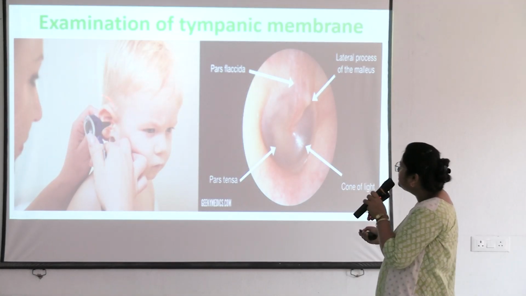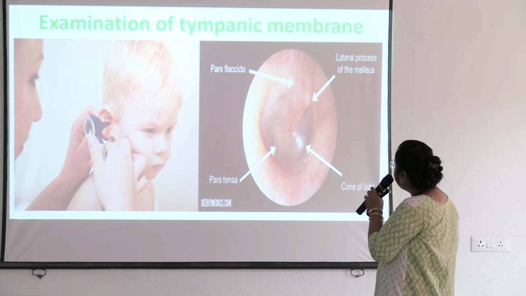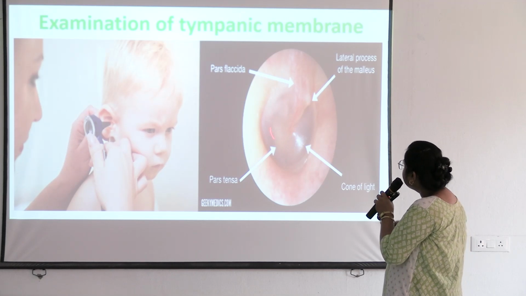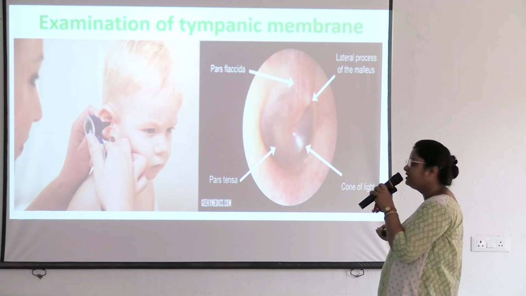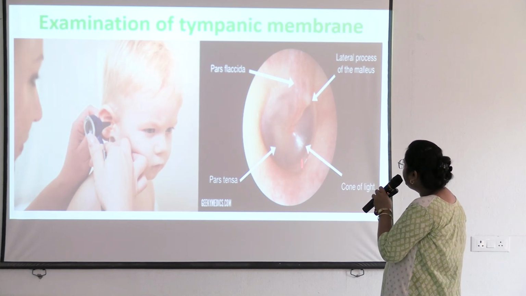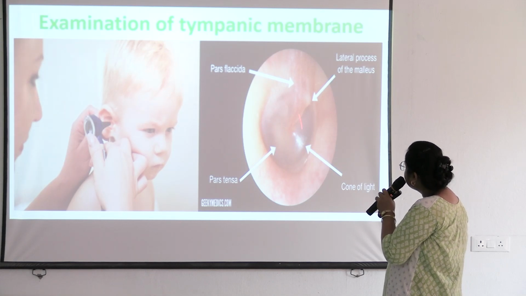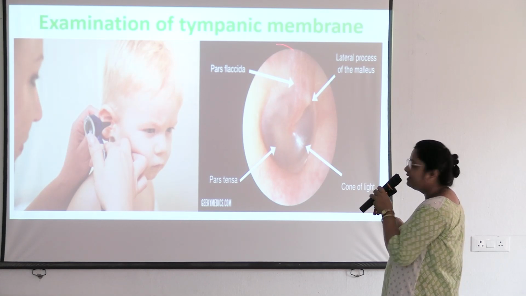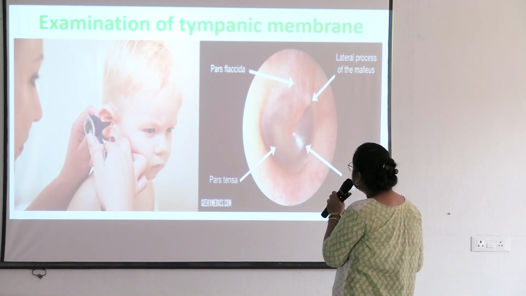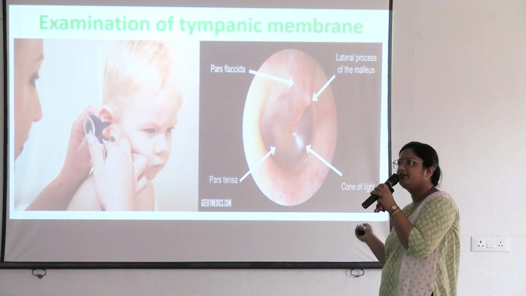See, this is the ear speculum for visualization of the tympanic membrane, and it will visualize the tympanic membrane like this. See, this is handle of malleus and here is the umbo. So, depression due to attachment of handle of malleus, and this is the cone of light. Cone of light is reflected here, so this part is the pars tensa and this upper part is the pars flaccida. Small part is pars flaccida and larger part is pars tensa, and here is the posterior inferior quadrant, you give incision for myringotomy.